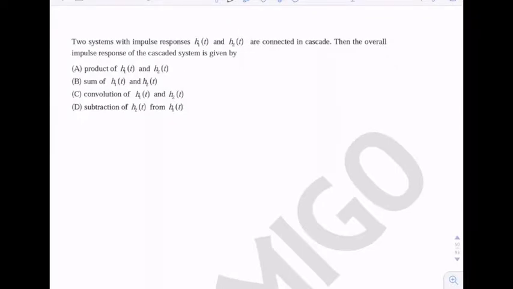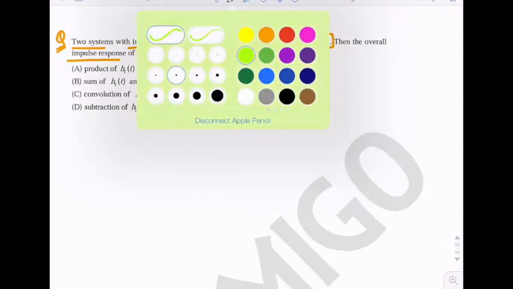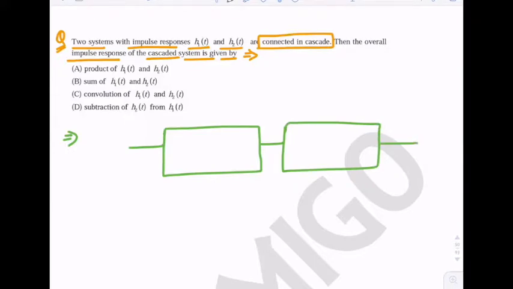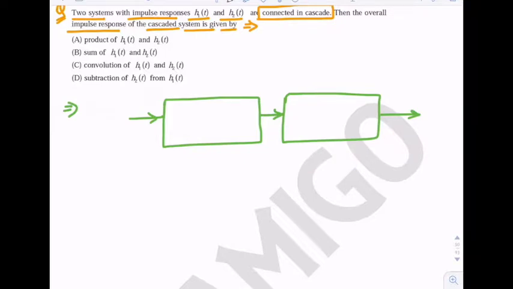So this is a very simple question. It is given that two systems with impulse responses h1(t) and h2(t) are connected in cascade. Then the overall impulse response of the cascaded system is given by. So it is given that two LTI systems are connected in cascade. So we have to find the impulse response of the equivalent system, a single system which is equivalent to